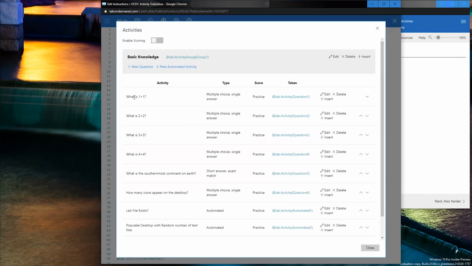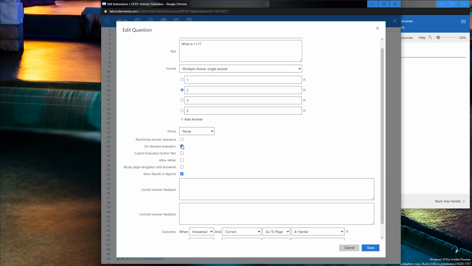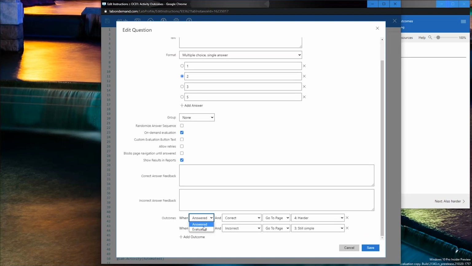Now, this is how you can do outcomes. The first simple question that comes up, this is going to be the first question they hit. We can use, when the question is answered and correct, we're going to go to page whatever. In this case, it's going to go to page 4, which is set as harder. When the question is answered and incorrect, it is going to stay in the simple category or go to still simple. Now, the choices here are when it's answered. That means that the second they click on it, their only option is to move to the next page. If we want to, we can put an evaluation in like this, on-demand evaluation, and now we can change this to when it is evaluated,